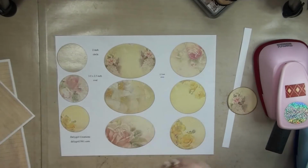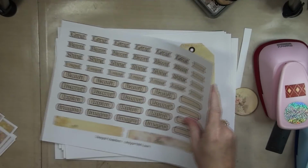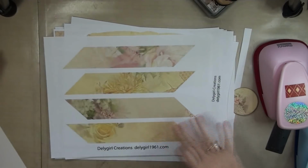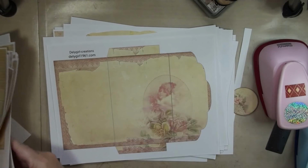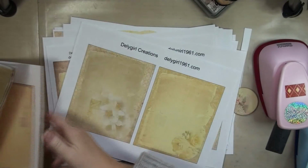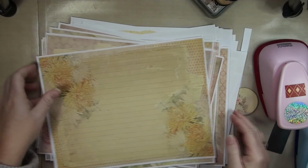Let's count. 1, 2, 3, 4, 5, 6, 7, 8, 9, 10, 11, 12, 13, 14, 15, 16, 17. Okay, then there's 10 pages plus 2, so that's 27, 29 pages, plus the cover, so 30 pages in total